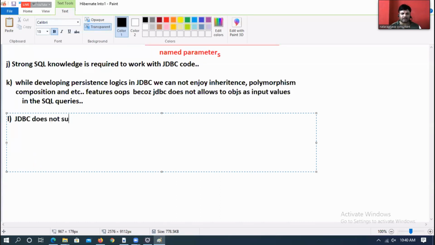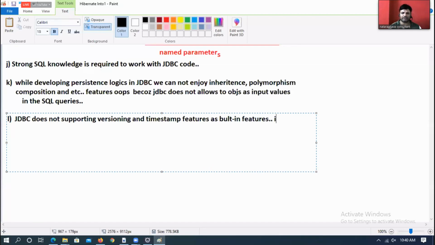JDBC does not support versioning and timestamp features as built-in features.